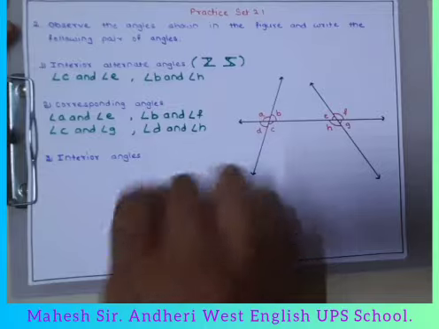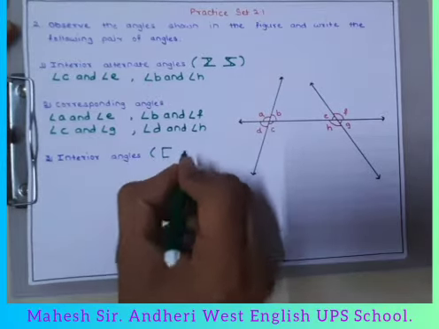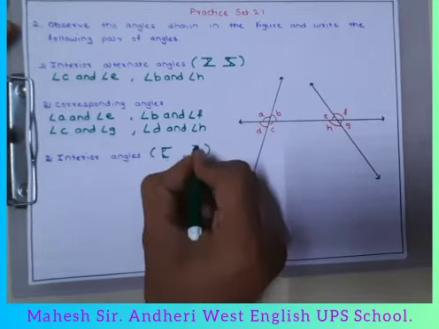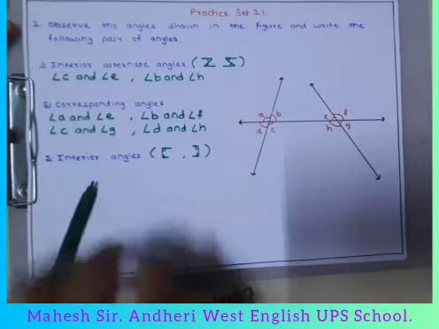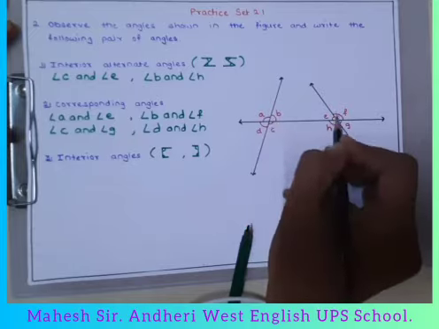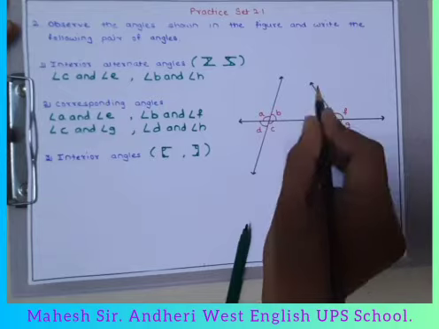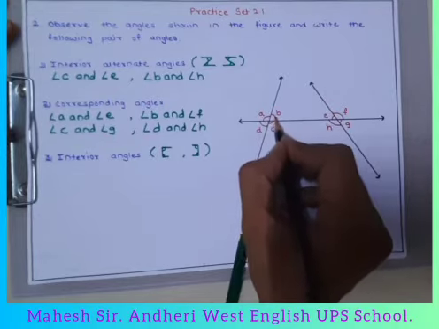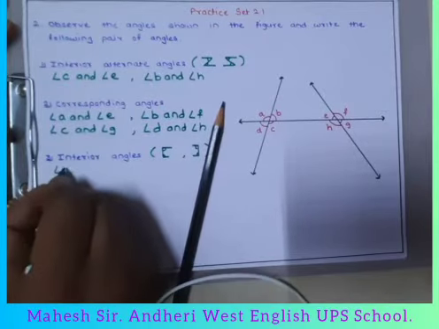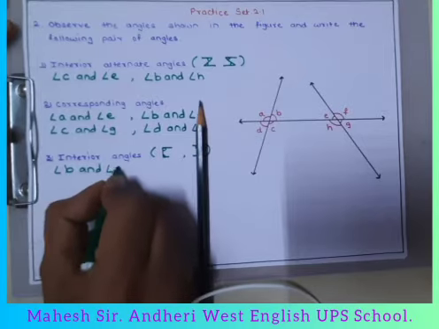Last one, that is called interior angles. Interior angles are made with the shape of C or opposite C, right? So these angles are called interior angles. If we see here in the diagram, two angles, this shape is somewhat C-like, right? So we can see that B and E are interior angles. So angle B and angle E.